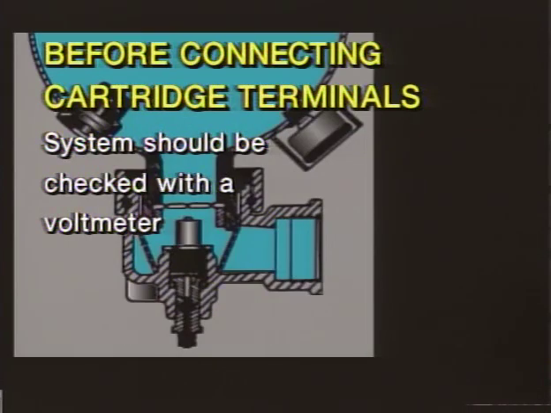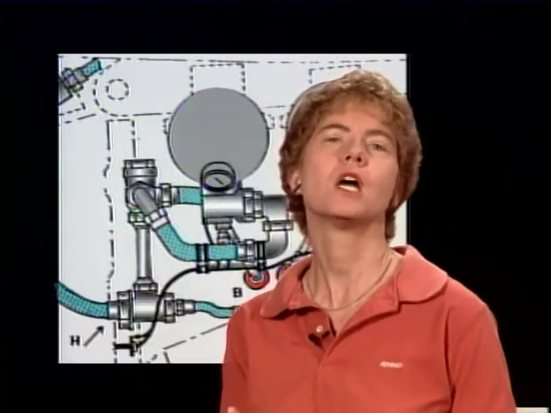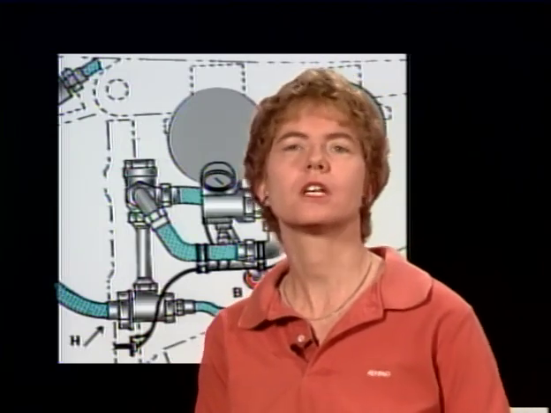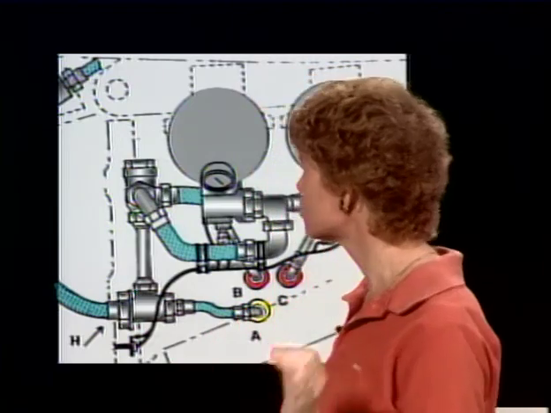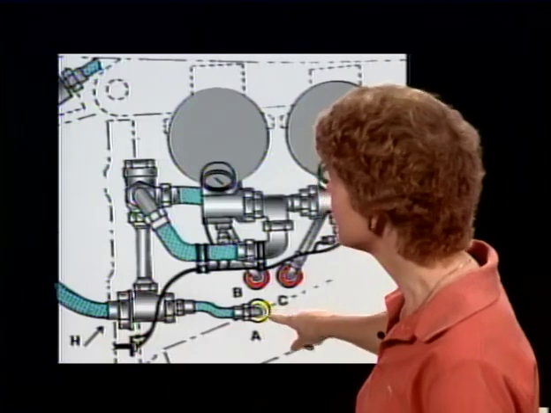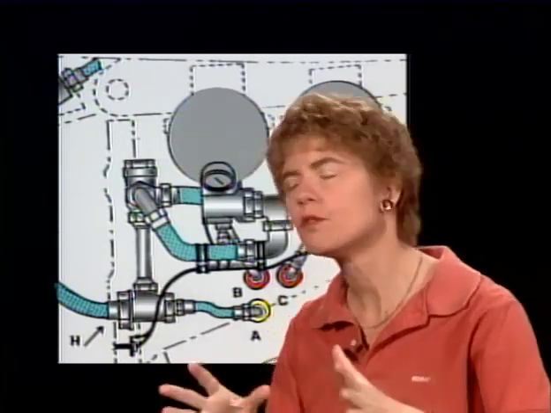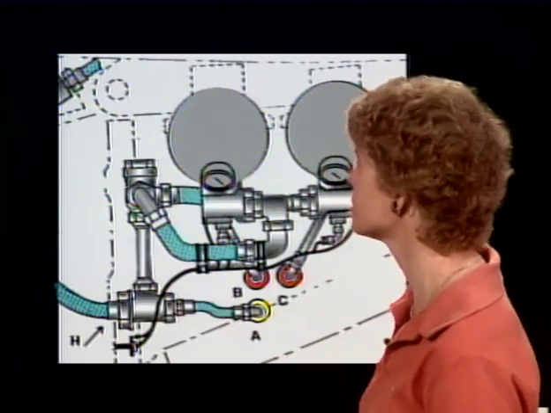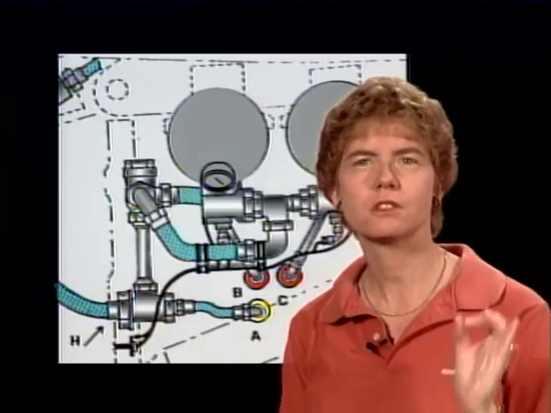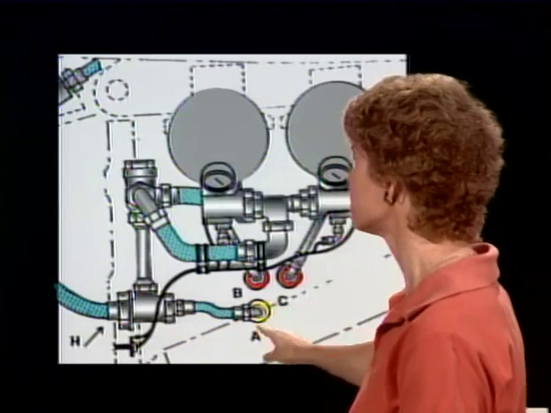There are two colored discs on the outside of the airplane that tell you whether the extinguishing agent has been discharged and whether it was done intentionally or whether it's had a thermal discharge. If it has been intentionally discharged, the yellow disc, which is located on the outside of the fuselage, will be blown out. When you intentionally discharge the fire extinguishing bottles, the pressure blows out the yellow indicating disc on the outside of the fuselage. So if the yellow disc is missing, it means that the system has been intentionally discharged